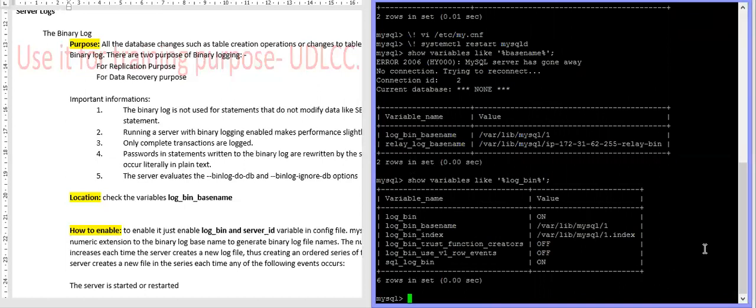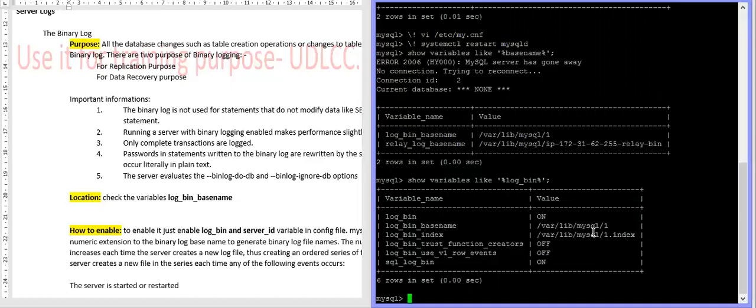The binlog file name will be the base name, and the extension will be, as we discussed earlier, auto increment: 000001, 000002, and so on. But the index file remains the same because it maintains only the binlog file names.